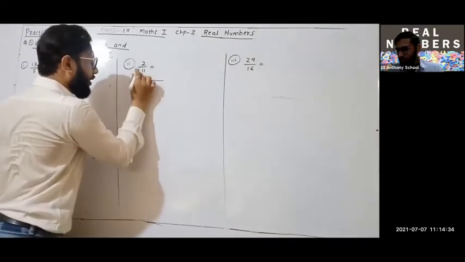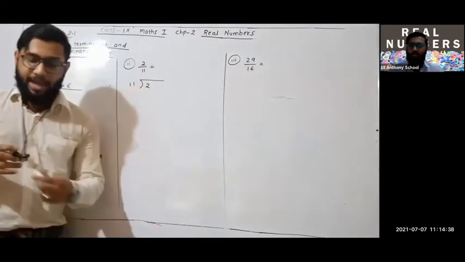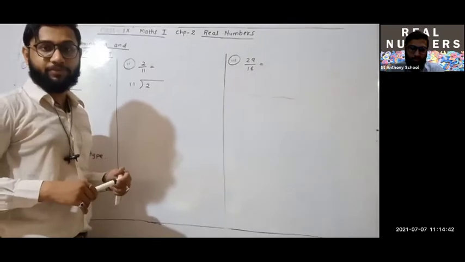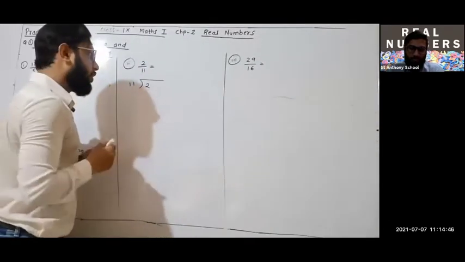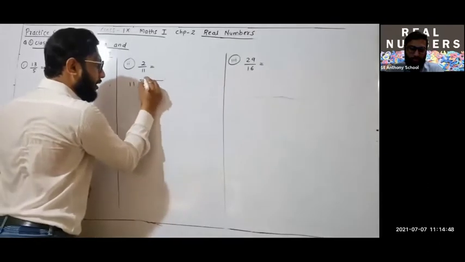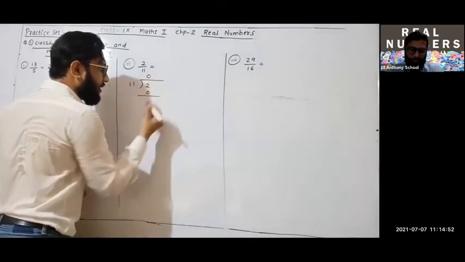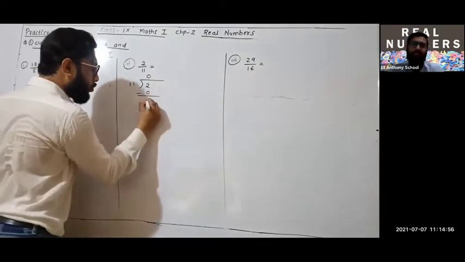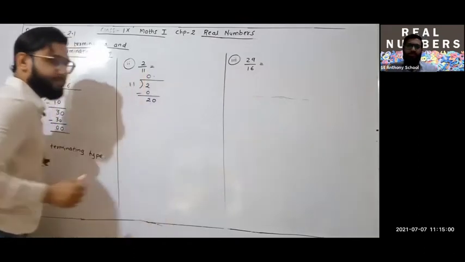How can we do it? 11 is the denominator outside, here is 2. Okay. As we can see, 11 is the bigger number and 2 is the smaller number. So we can't directly take from 11. So what you will do? You will first start with 11 zeros are 0, right? And we usually do it like this. So 2 minus 0 is 2. Okay. Again 2 we have got. So we will add here a 0. Then you will get 1 point. Are you getting 1 point, guys?